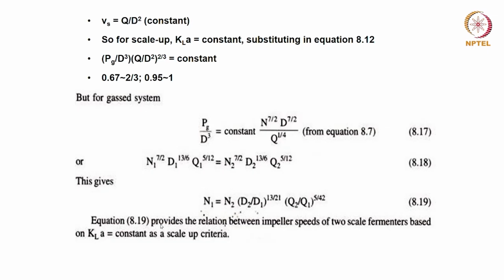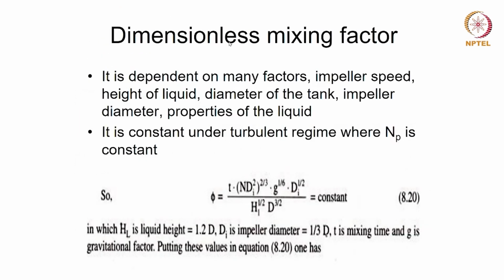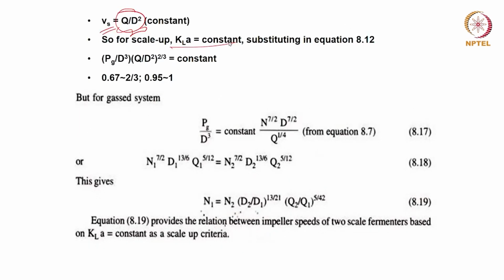Now, the superficial gas velocity can in turn be written in the form of the volumetric gas flow rate and the diameter of the impeller square with some constant. So again the superficial gas velocity can be written in terms of Q and D as Q by D square. Now for scale up, we know that KLA is constant. Now for making KLA constant,